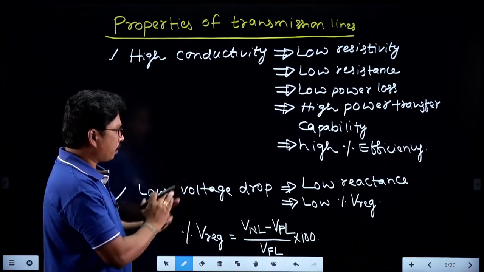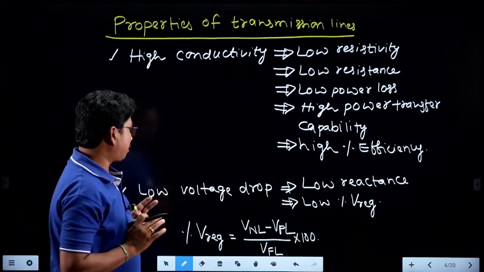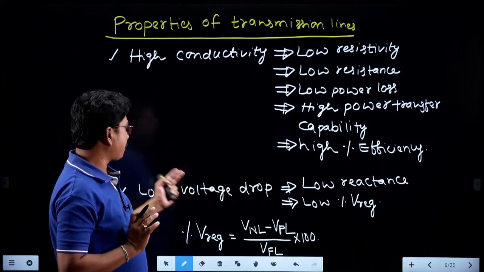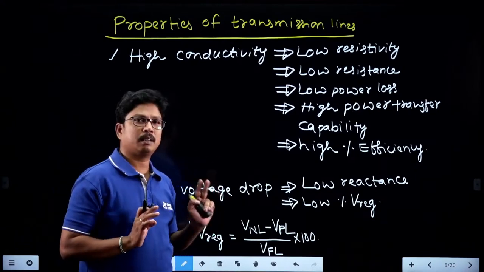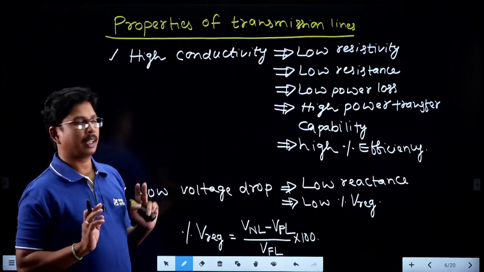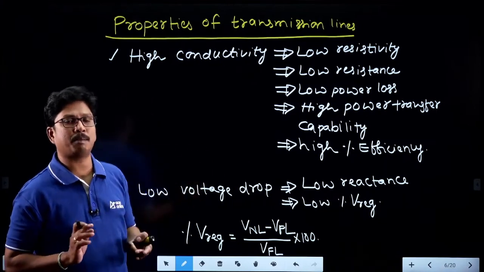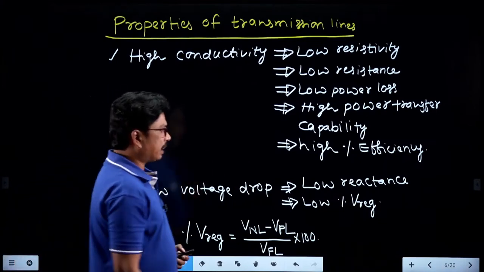But whatever it may be, no need to deviate from the topic here. Just check here. That is the second property of the transmission line: it has less percentage voltage regulation and high percentage efficiency. So these are the two basic properties. Along with this, what other properties can we prefer? The next property,